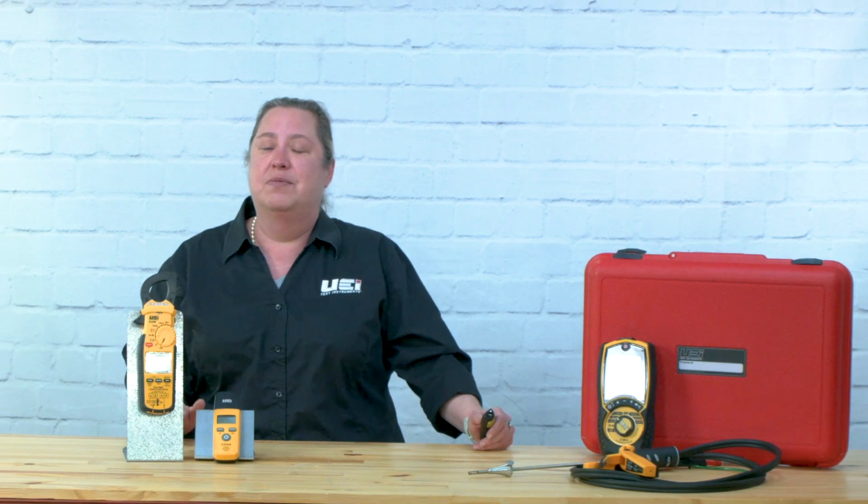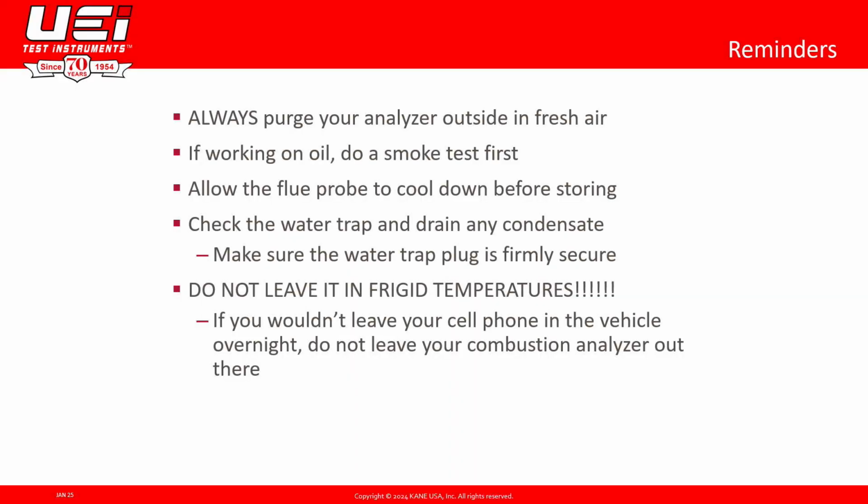So when we're talking about the 80 percenters of the world, we can see where our levels get up to maybe about 400 degrees. But when we're working with those high efficiency units, you can see that it can max out at 125 degrees. The other thing that is important to note difference wise between the 80% and the high efficiency is the fact that our draft pressure is going to change. We go from having a negative draft pressure on the 80 percenters to having a positive draft pressure on our high efficiency units. And there's some good reminders with your combustion analyzer.